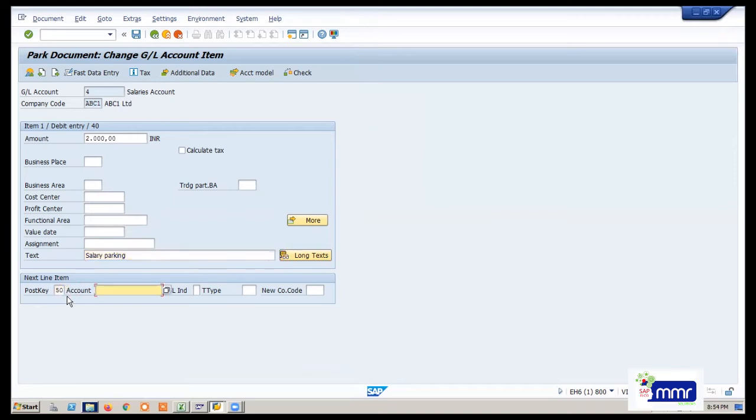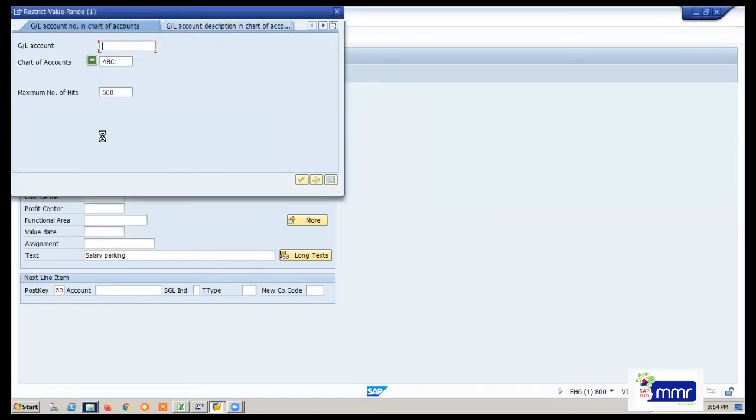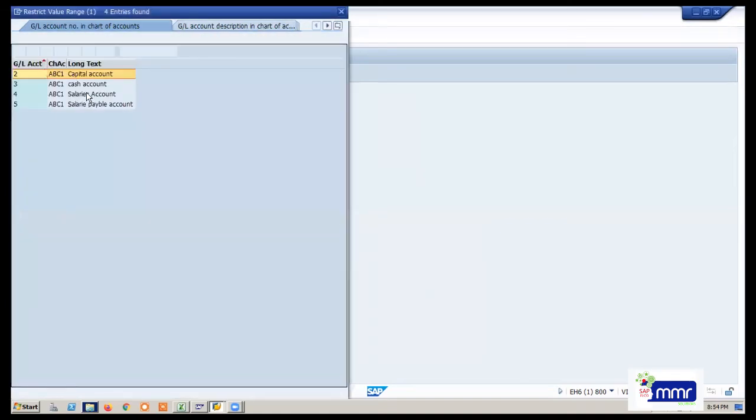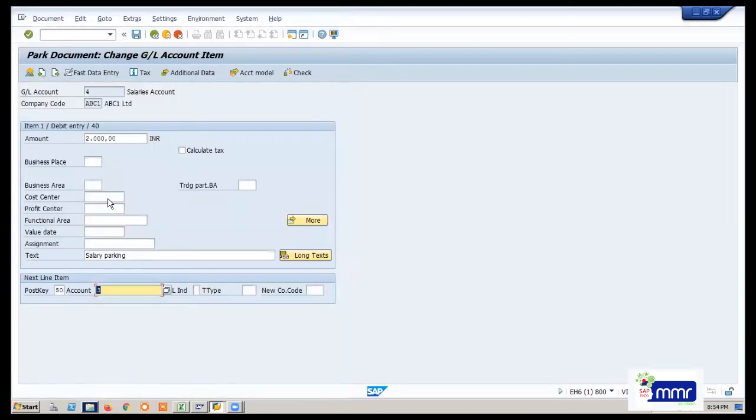Posting key 50, salary payable account. Otherwise I'm taking cash account, direct payment. Cash account, I'm putting star and plus and enter. Now you save it. It will show you the message that document 3 was parked.